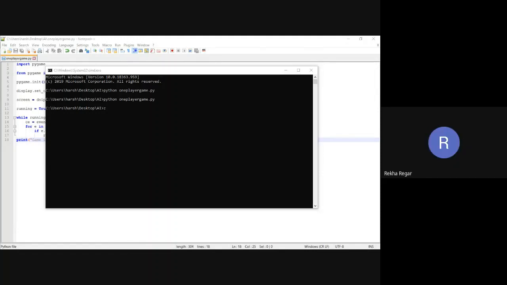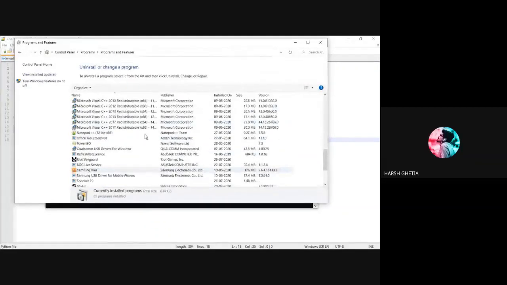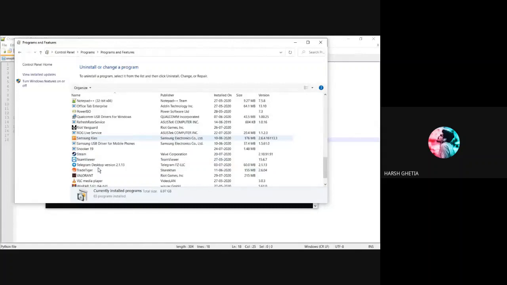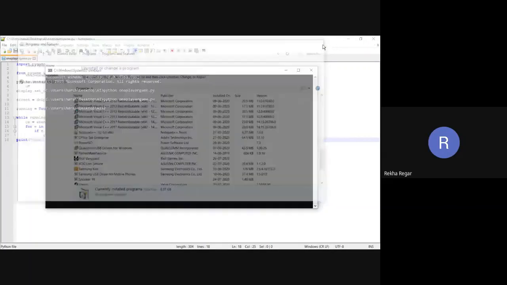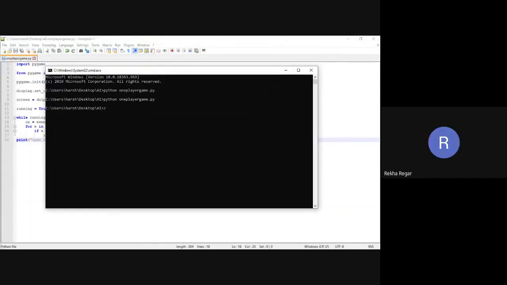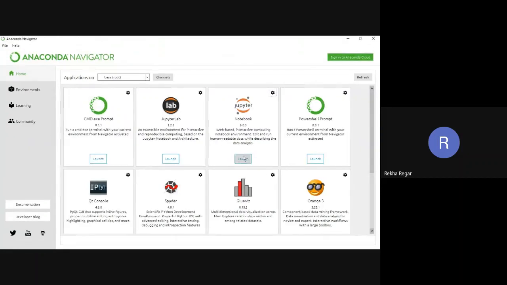Okay, go to the code section. No, I don't have Python only. You don't have Python, I guess. Okay, I'll download it, ma'am. No problem. You just copy this code into the Jupyter notebook. It will work in that also. Simply copy the entire code and run it.